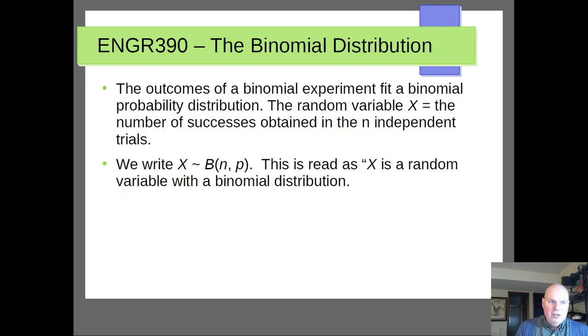Let's talk about actually evaluating some of these probabilities that are encountered in a binomial experiment. The outcomes of a binomial experiment fit what's known as the binomial probability distribution. Of course, the random variable x, as previously defined, is the number of successes obtained in the n trials. And we write x is b(n, p), read as x is a random variable with a binomial